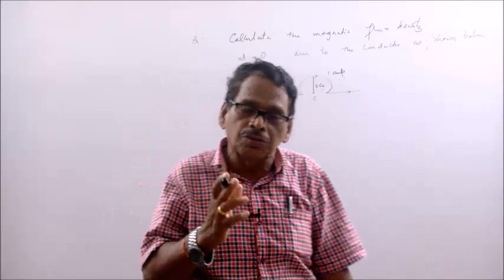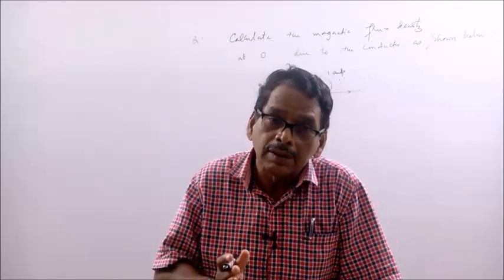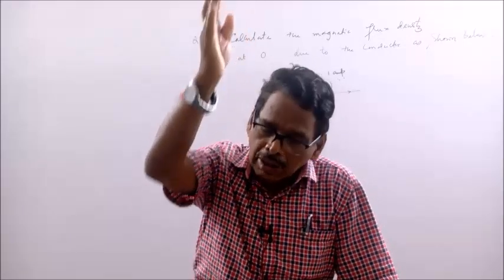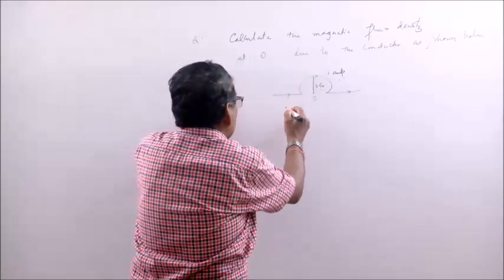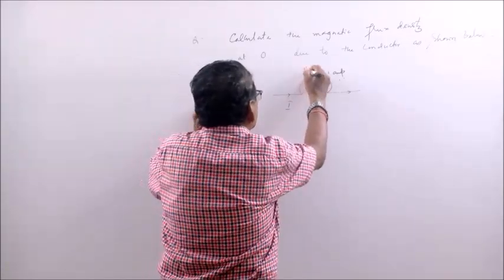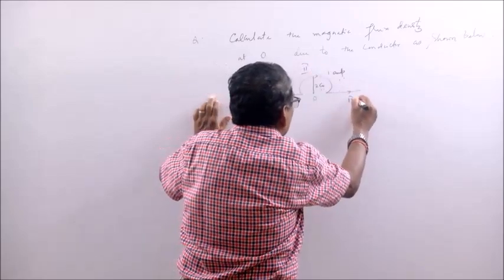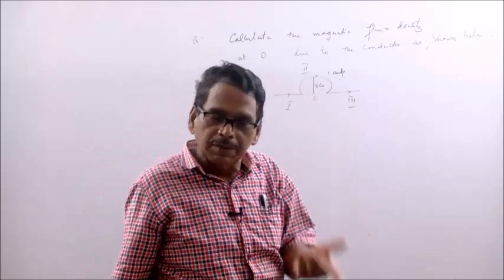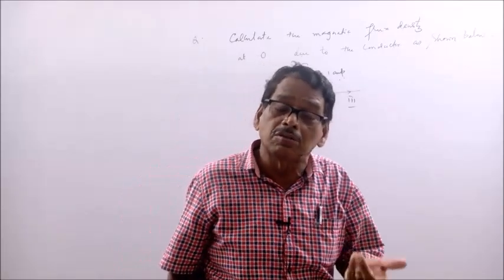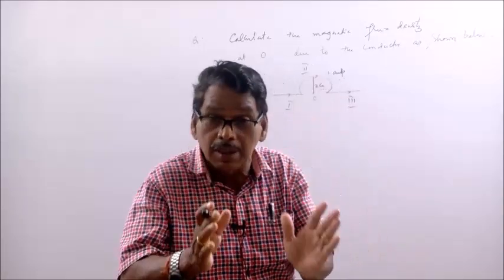So flux density, as you know, flux density on the axis along the line of the straight conductor is 0. So this is your first part, this is your second part, this is the third part. So flux density due to first part, flux density due to second part, flux density due to third part. Then what is the flux density at O?